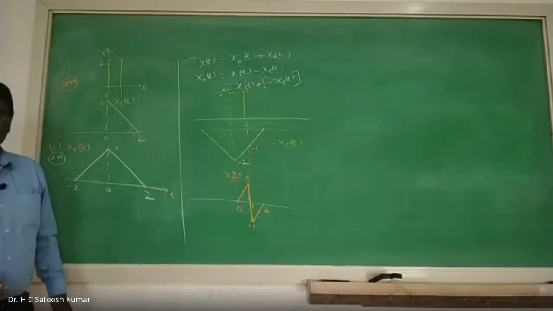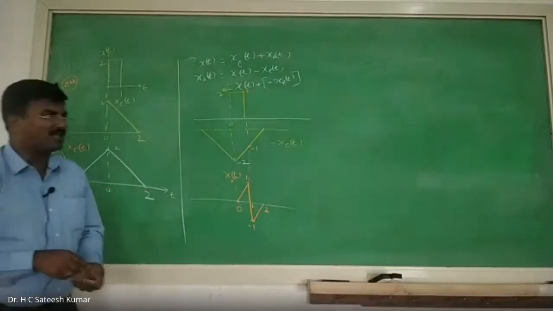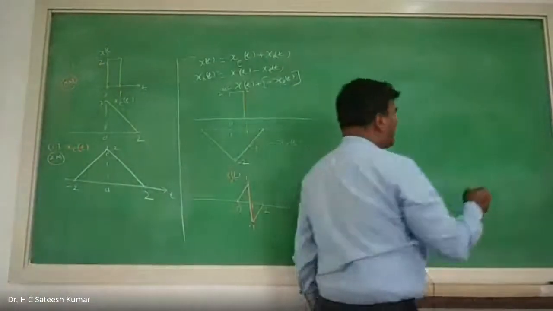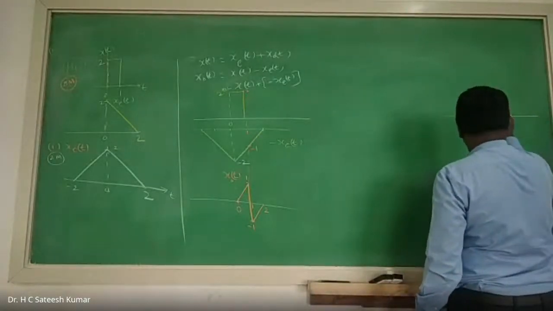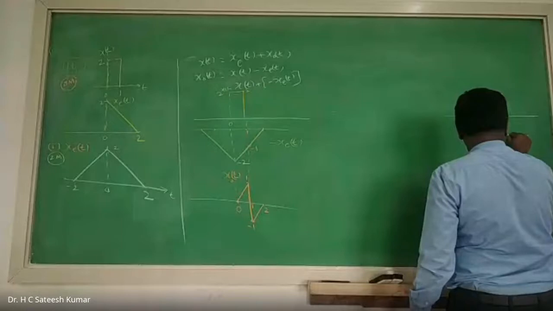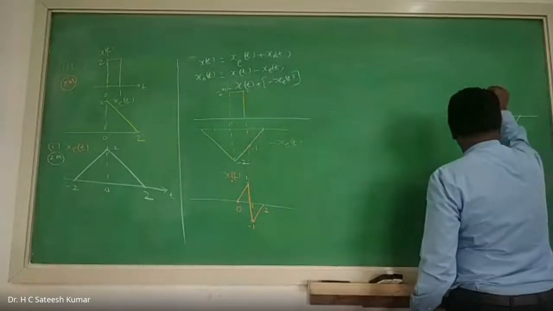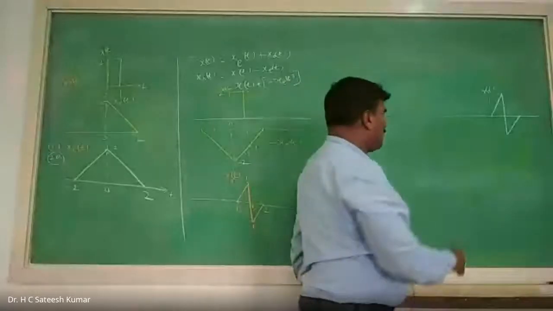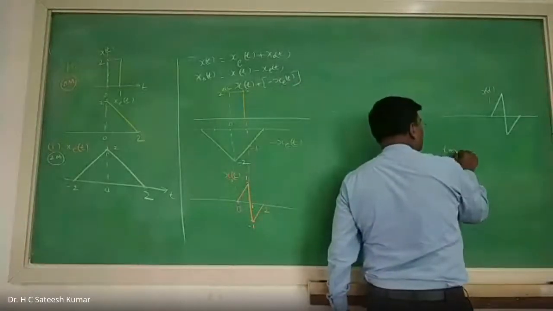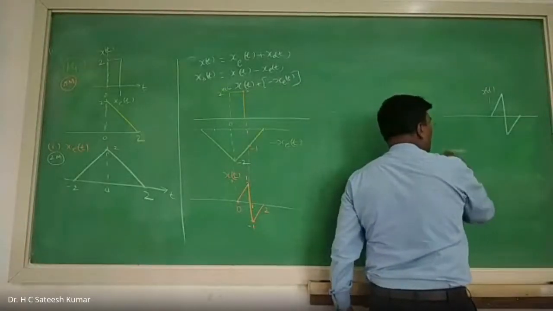Now what we should do? It is antisymmetric, we said. What is the antisymmetric? Left hand side is the double fold of right hand side, no? Okay, right. Now what I will do is use the property. The basic property is what? This one. This is your x of the right hand side. One fold you do. So time fold I will do it. Time fold.